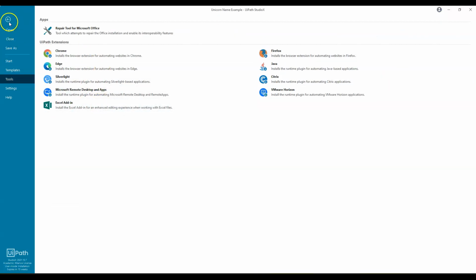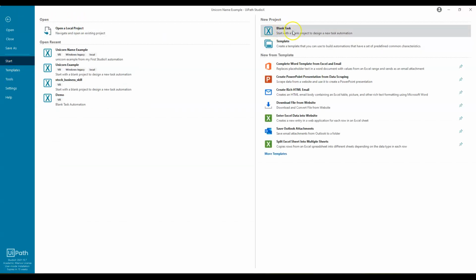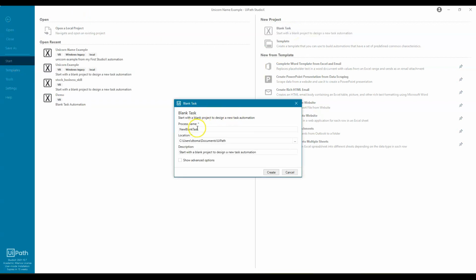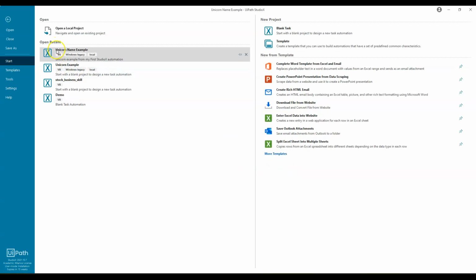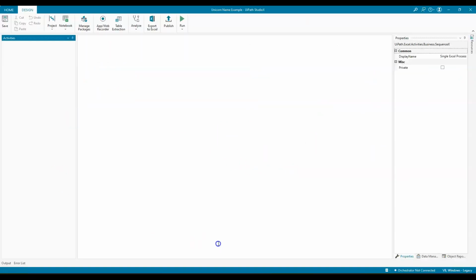Once you've done both of those things, you then go into the Start, and you're going to click on a blank task. When you click on a blank task, you're going to add in the name of your process. You can do unicorn name example. And then you can add a description, whatever description you would like. Your first automation using unicorn name. And then you would hit create. While you're doing that, it will open up to a blank